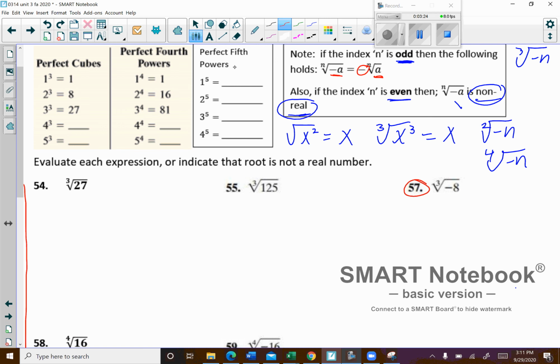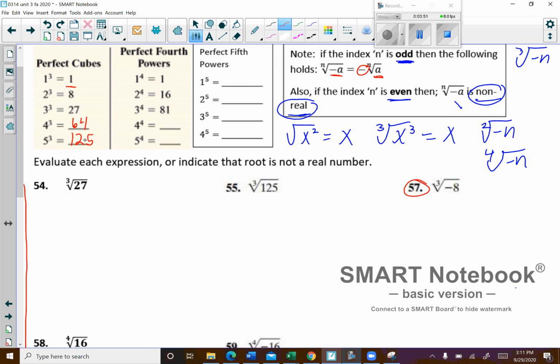So if you look right here, 1 times 1 times 1 is 1. 2 times 2 times 2 is 8. 3 times 3 times 3 is 27, okay? Now 4 times 4 is 16. So then I have to multiply it by 4 again, and that would give me 64. Now 5 times 5 is 25, and then if you multiply by 5 a third time, that would give you